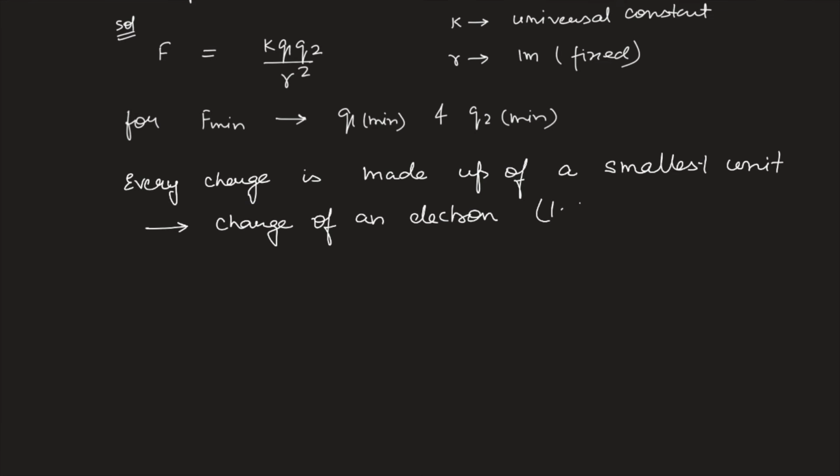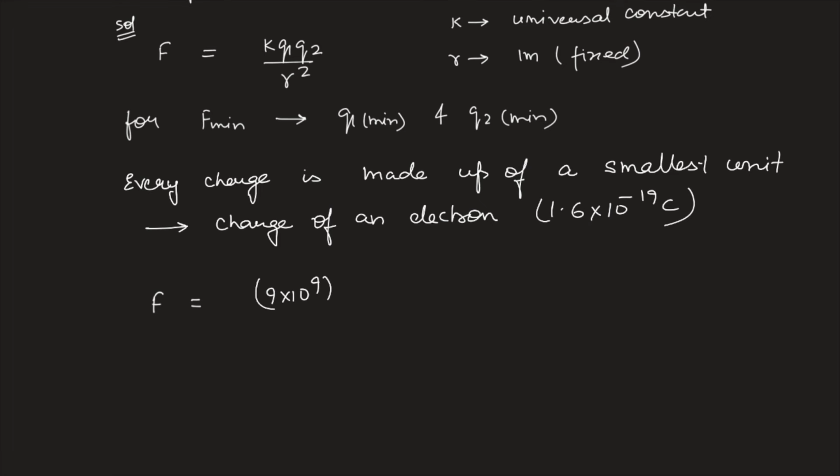So that is 1.6 into 10 to the power of minus 19 Coulomb. So if you want to find the minimum force and you want to keep the minimum charge, the best case scenario is to assume that the two charges are actually electrons, and the force in between them is going to be